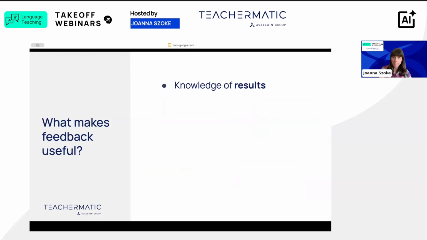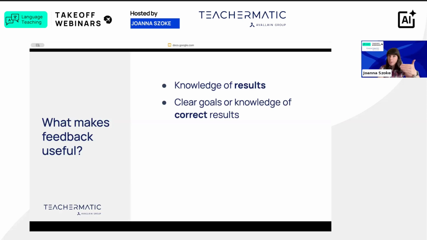That would basically mean from the previous slide that it was 8 out of 10 points. So at least the student knows where they are on a scale. Clear goals or knowledge of the correct results. So they know where they are, but they also know what the correct solutions would have been, which is important